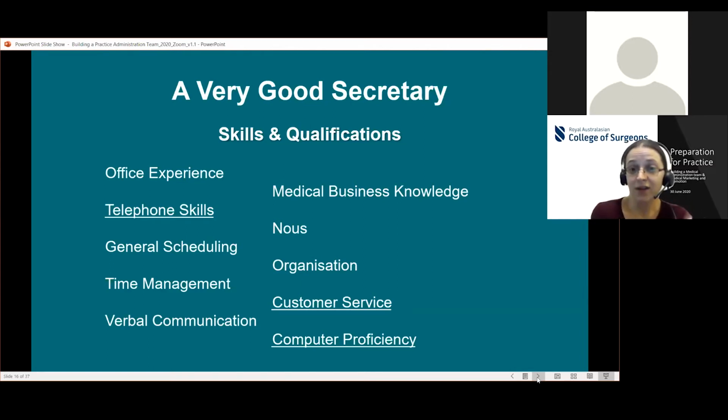If they come with everything else and they're adaptable, they can learn the medical industry, as long as you've got the time and the patience and the incentive to teach them those sorts of things. They can come with a lot of really good service and admin skills that are really valuable. And communication obviously is key, particularly if you've got a small team. It's really important that you can rely on that communication to you, to each other, and also to your patients and the people contacting the practice.